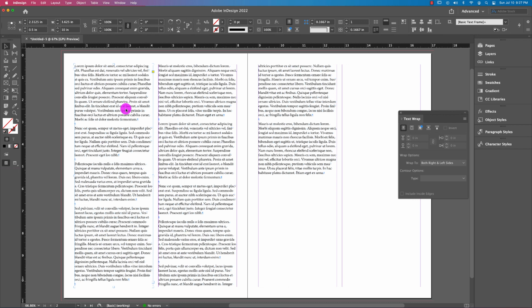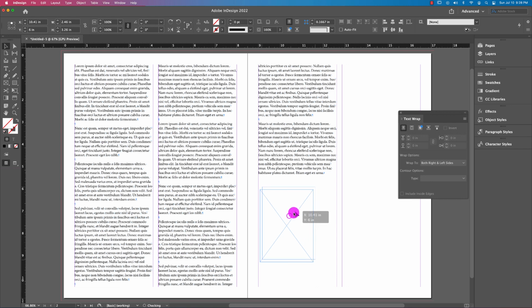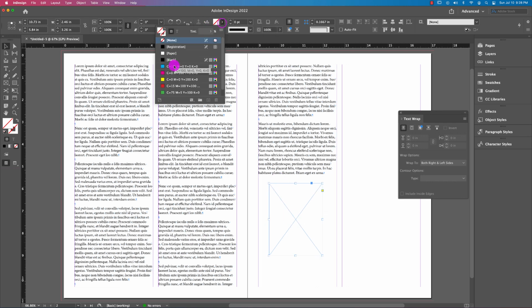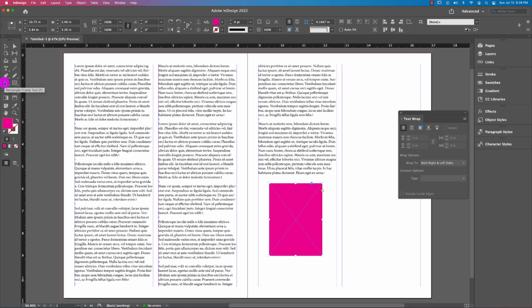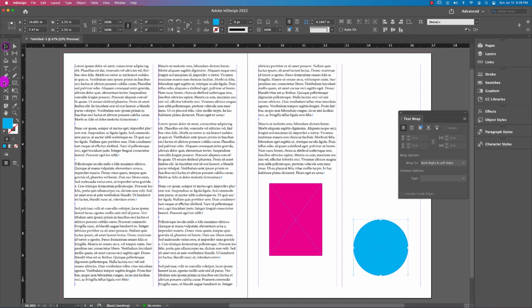Okay, so I like to experiment or show examples using primitives. So I'm going to go ahead and draw 3 different primitives. I'm going to draw a rectangular shape, and I'm going to fill this with a color. I'm going to draw an elliptical shape, and I will also fill this with a color. And I'm going to draw a polygonal shape, fill that with an additional color,